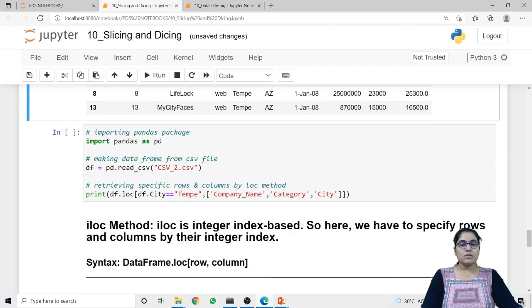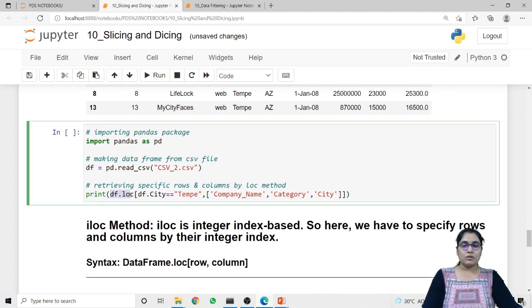Now, based on this condition, I can also filter out the columns. I don't want the data from all the columns, but I want the data from the specific columns only based on the condition. Then we have to pass this condition inside the df.loc method, where I am passing this condition df.city equals temp. So it will return all the data which has the value of city equal to temp.